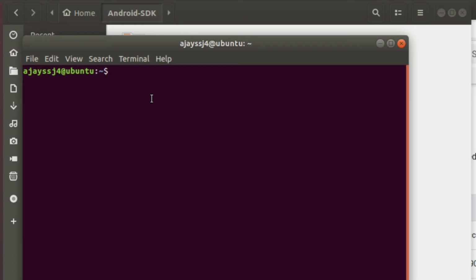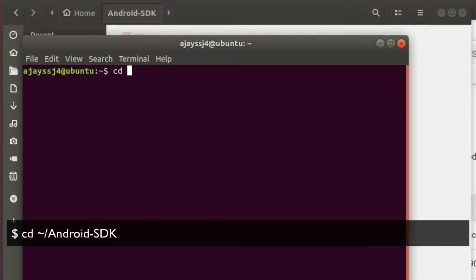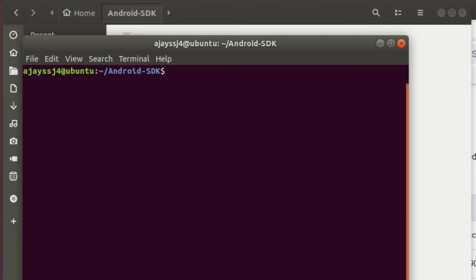Now open terminal and go to the Android-SDK folder. And enter this command.